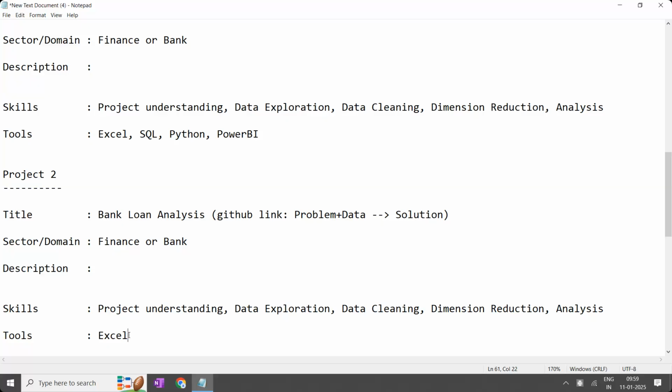Once again, from Excel, if after 2 years you want to shift the domain, you'll ask the question again, sir, I already have experience in Excel, can I now shift into Power BI? Why that question? Use multiple skills. Multiple skills means experience in all these areas. Not exclusively as a Power BI developer with 3 years of experience. Now you want to shift to SQL, and again we'll get the question, can we shift? That question comes up.